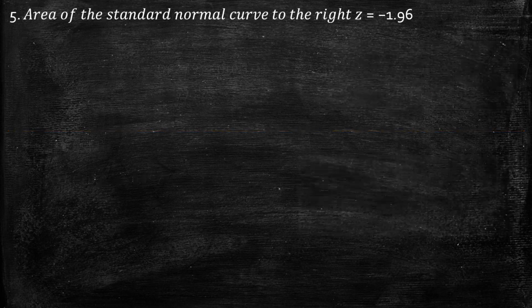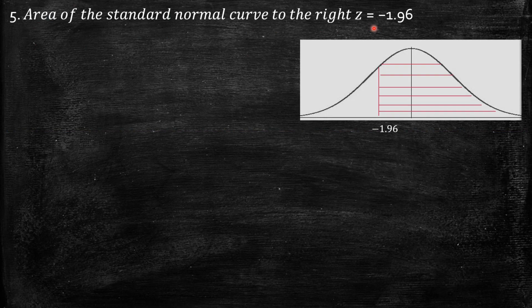Next, the area under the standard normal curve to the right of z equal to minus 1.96. So identify the point z equal to minus 1.96. That means all this area to the right is what I want, which I can again find by using R. So R of minus 1.96, because it is from minus 1.96 towards infinity. But if I want to use the standard normal table, the right side area is 0.5 plus some extra area, that is from minus 1.96 to 0.